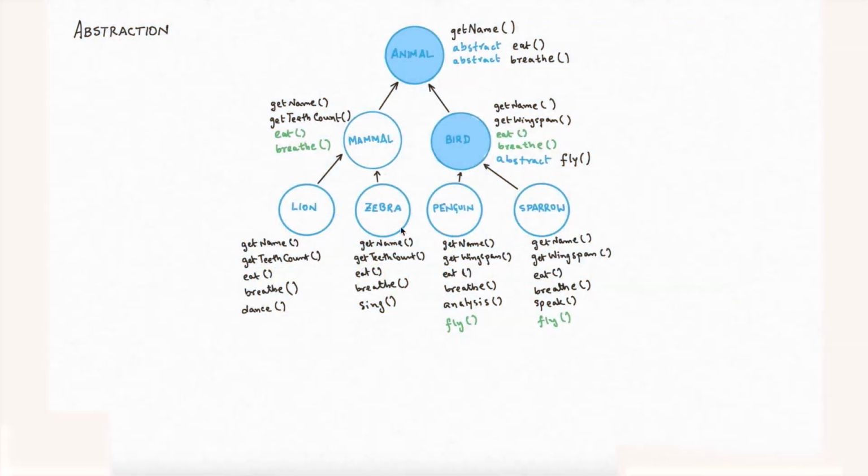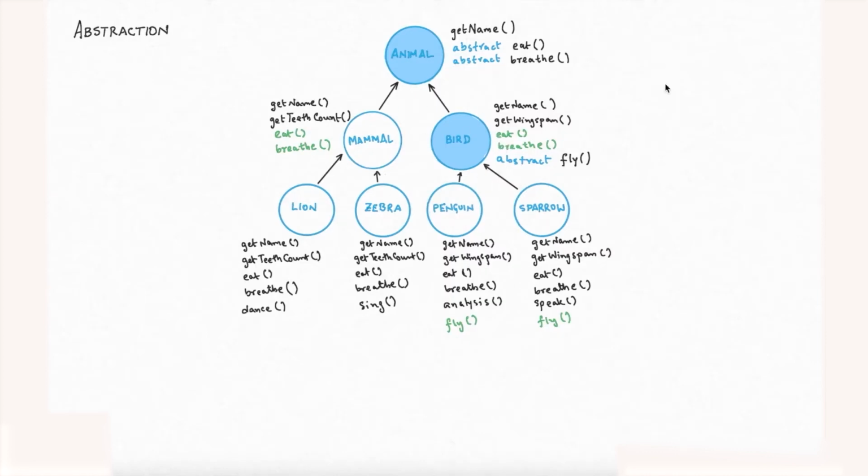Let's have a second look at this class structure that we built, and let's look at the fly method specifically. Is this a good design where we have the fly method as an abstract method as a part of the bird class, given that not all birds can fly? So let's add a few other animals in this class structure and see how that might affect the thought process